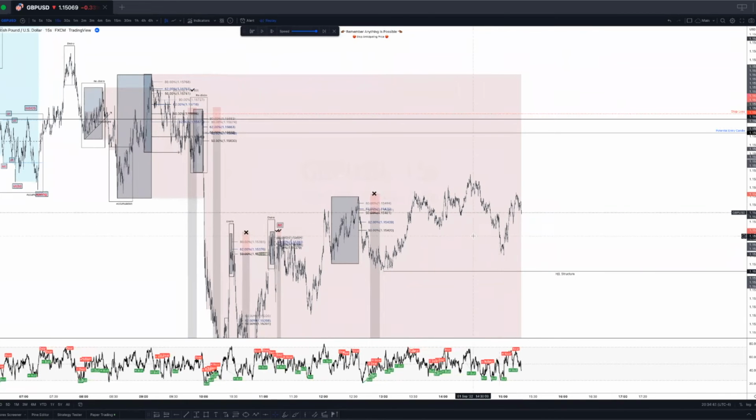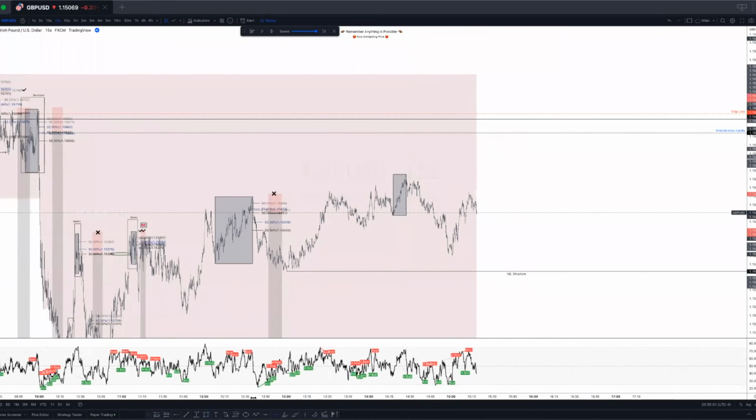Let's pause for a moment. All right, what do we see? So I see price distributed, took out the low that made the high. Took out the low that made that high. Nothing though is holding it. All right, so